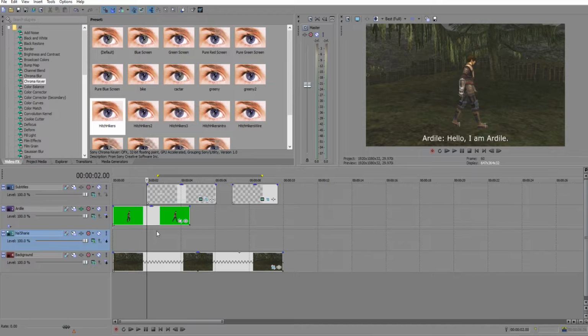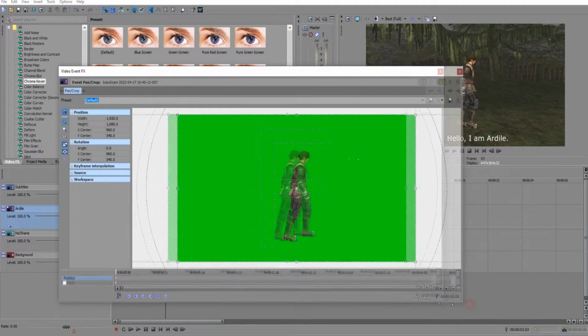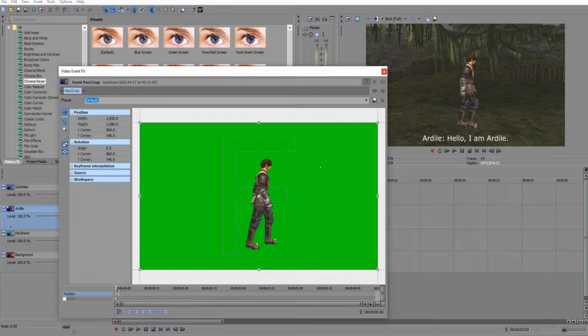Ardial is shown walking on the spot. We will need to pan him left to right for this to look correct. We can edit the pan of each clip using something called tweening. By adding keyframes on the clip, we can add 2 different pans. First off, the screen to the left and then in the middle. As the scene progresses, it will move from one keyframe to the other. We can also change the size of the clip in the same way. Bearing in mind, stretching the clip will reduce the quality.